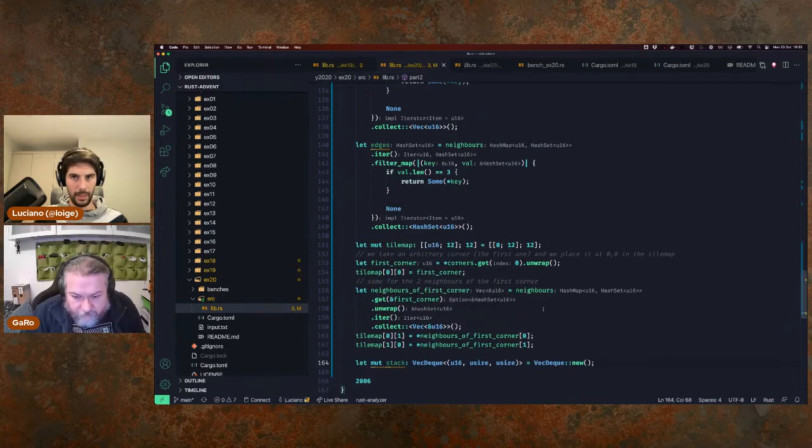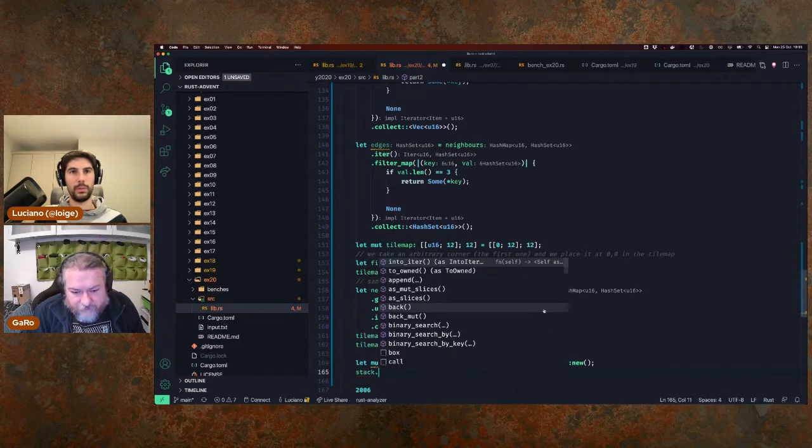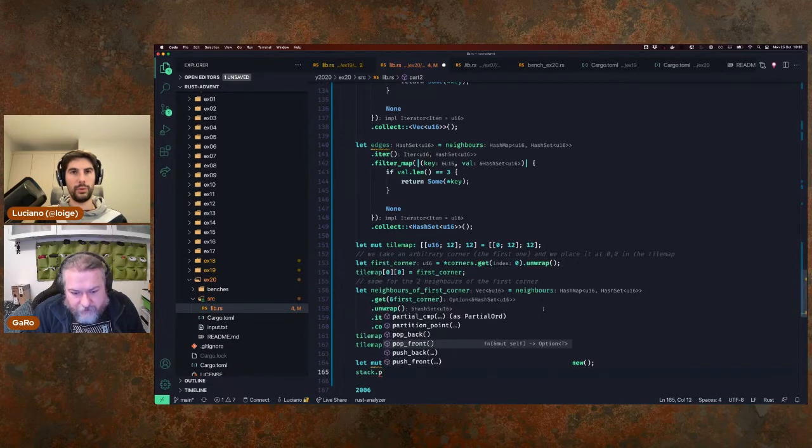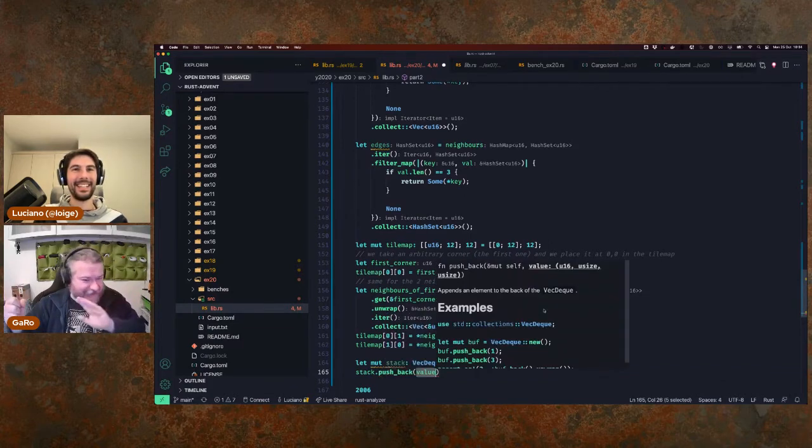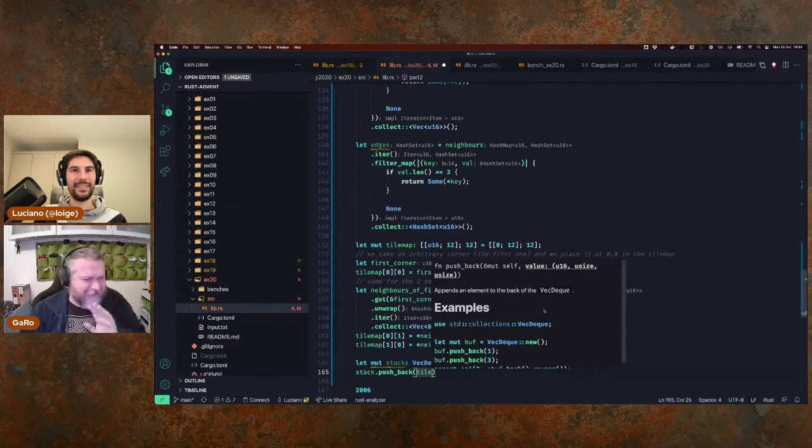So now we have a stack. Pushing and popping in the stack, we need to push front or push back? We have to pop from one side and push in the other. So choose one. What would you say is more natural to you? To me, it's more natural to pop from the front and push in the back. Okay. That sounds terrible, but